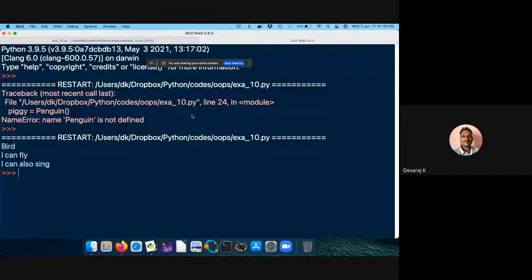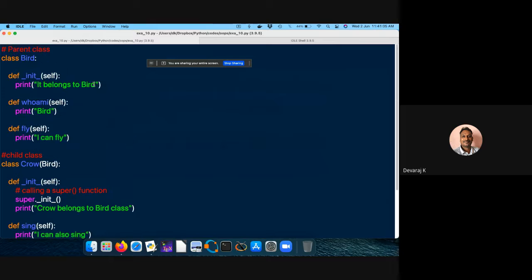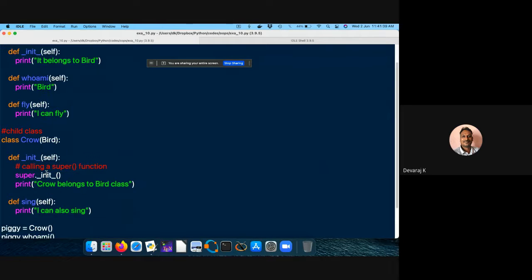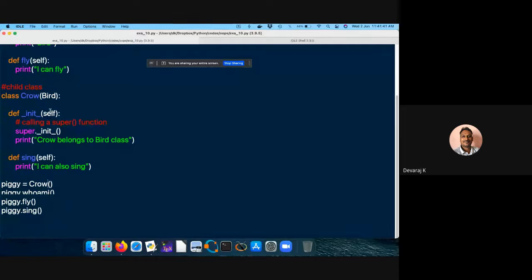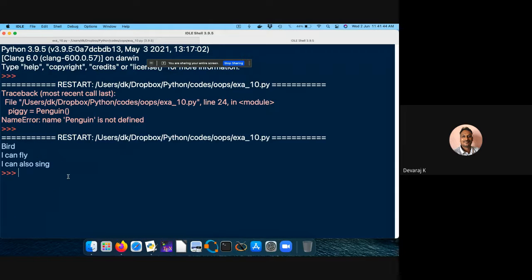So the first thing I'm trying to get is it's a bird. Who am I? It is a bird actually. See what will happen? So the bird gets printed out. Then I'm trying to call two class methods.